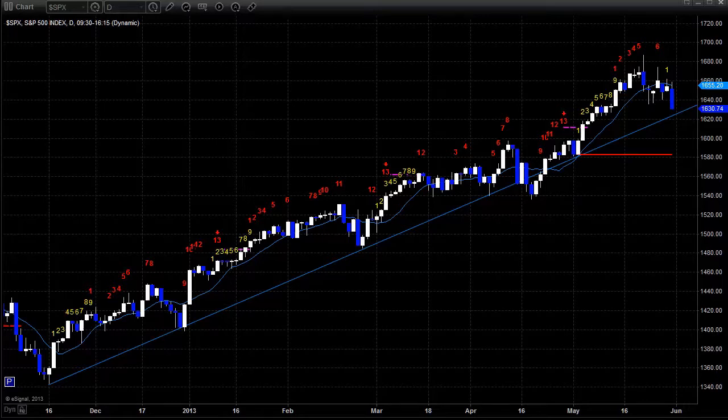Start out by looking at some of the index action here on the daily charts. Now, we've been following this S&P trend line for a long time now. It started back at the low in the middle of November, created the bounce point at the end of the year, and so at that point you've got a trend line in place. Bounced off of it precisely late in February, again at the beginning of April. It broke it temporarily in April, but came right back up for the retest, and then basically bounced off it and accelerated here. We got that big outside day down just over a week ago that we were talking about